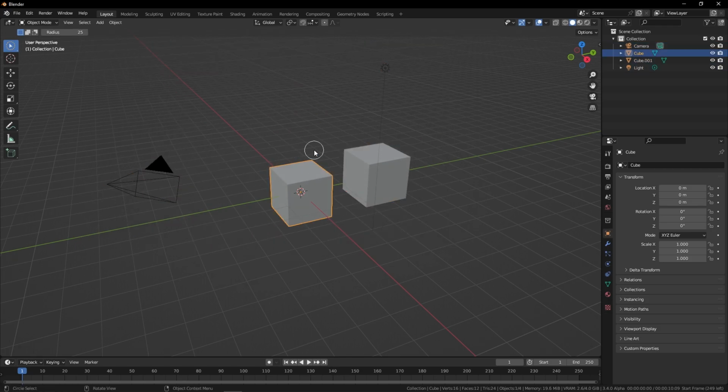If I keep pressing W, it's just like in Max. It displays it up here on the left of which type I have, and if this menu is hidden with T, it will display it up here. So this is regular marquee select. If I press it again, it's paint select,